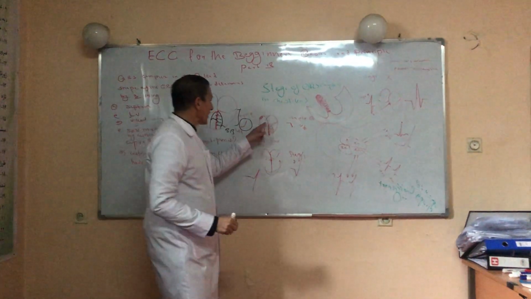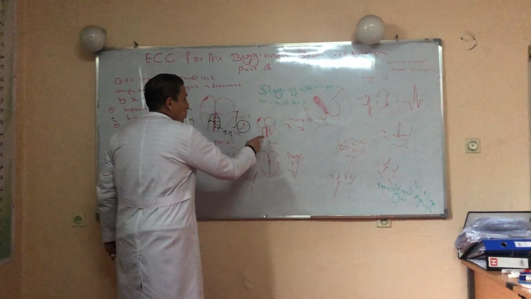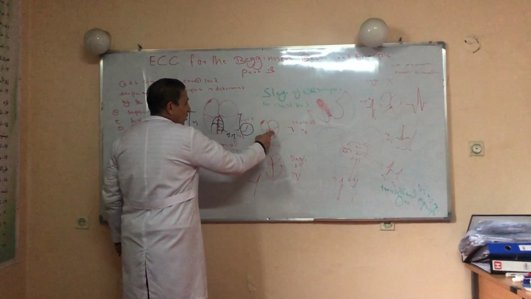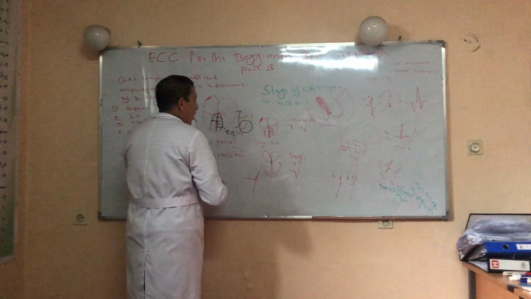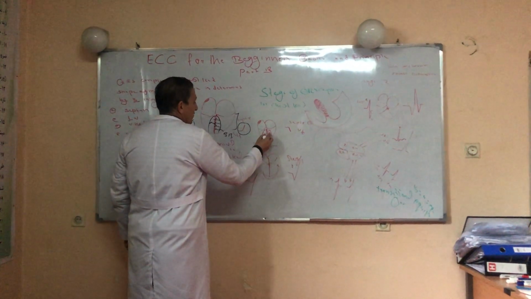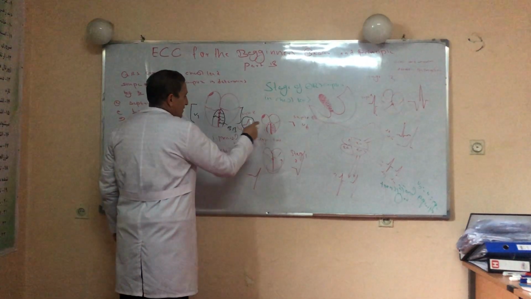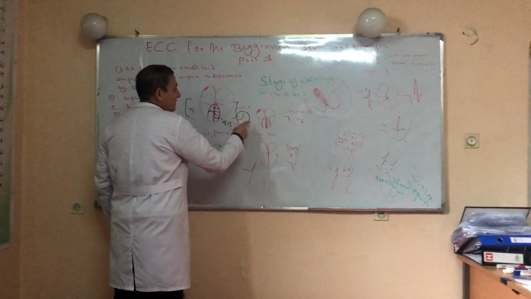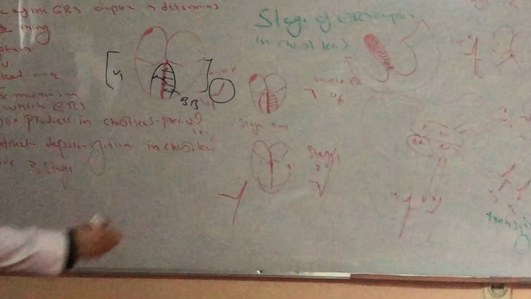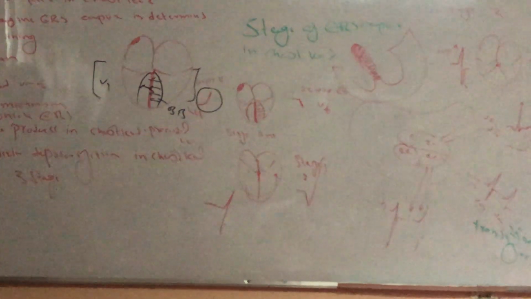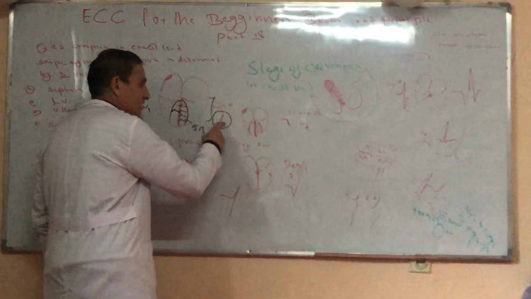You should pay attention to this picture. Right now this electrical impulse depolarizes the septum from left to right. When the electrical impulse moves from the same lead, I mean toward the positive charge, when the positive charge moves toward the positive electrode, the deflection in the needle will be positive. This is the first stage. Why is it positive? Because the positive charge moves toward the positive electrode.